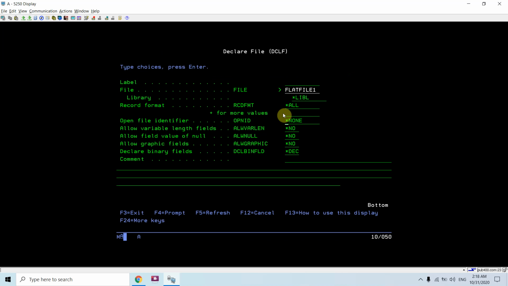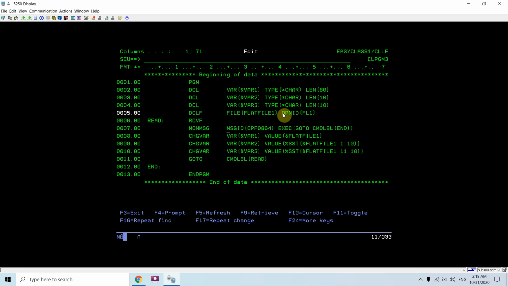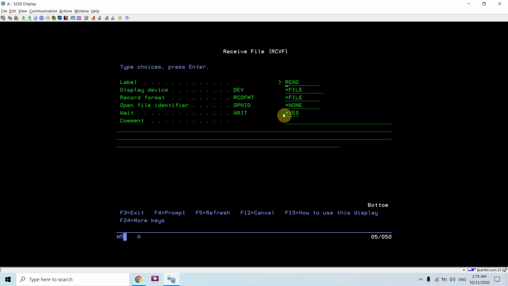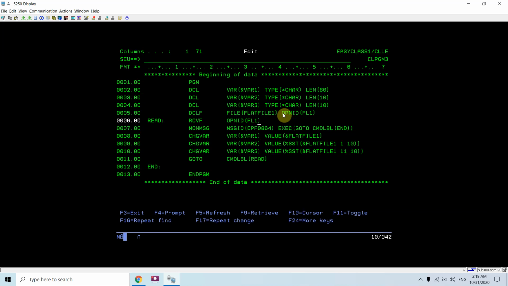So for example, FLATFILE1 is FL1. What I have to do is change the DCLF command, and I have to use that OPNID here also.